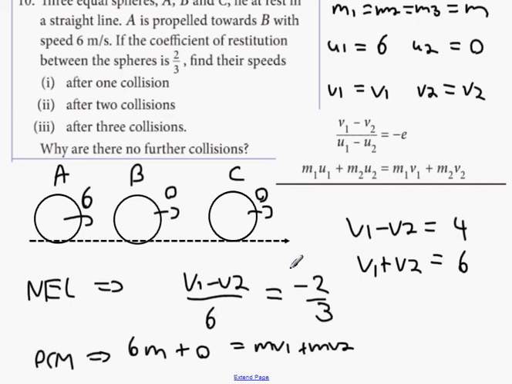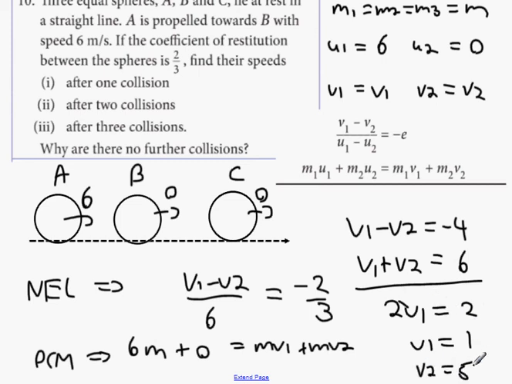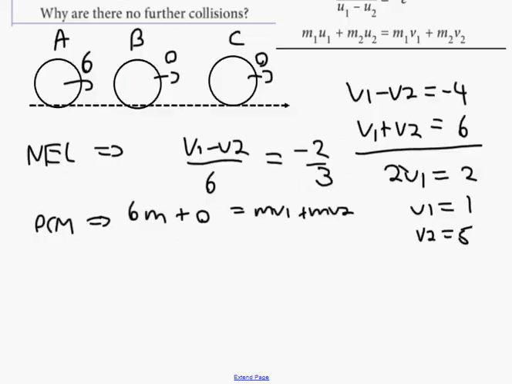Oh, yeah. 6 times minus 2 over 3 is minus 4. Okay. You're going to get 2V1 ends up to be 2, V1 ends up to be 1, and V2 ends up to be 5. Okay. Once you've done that, what you can do next is